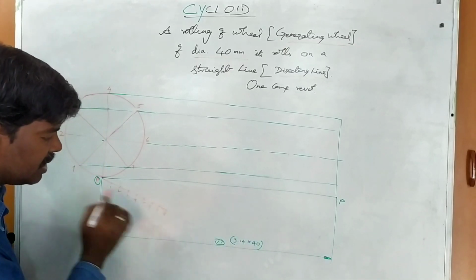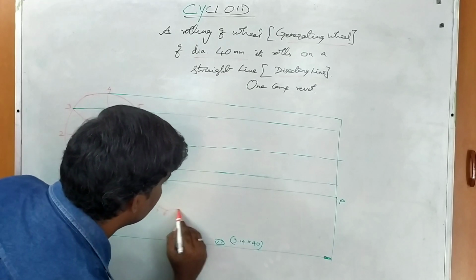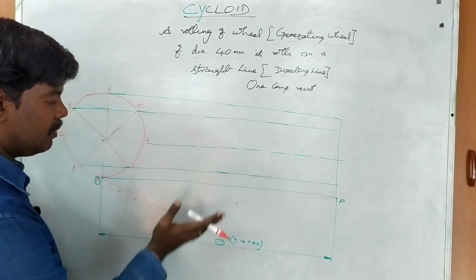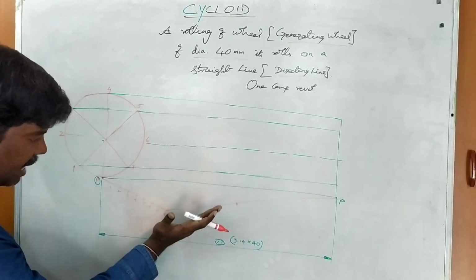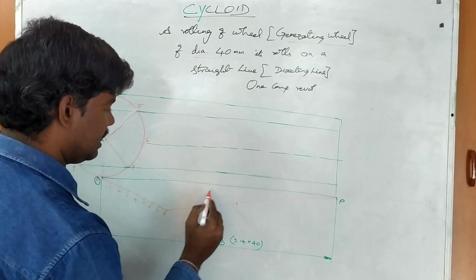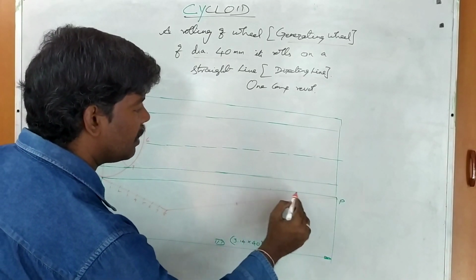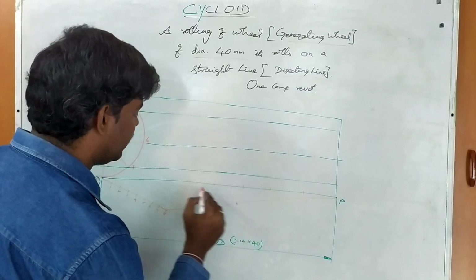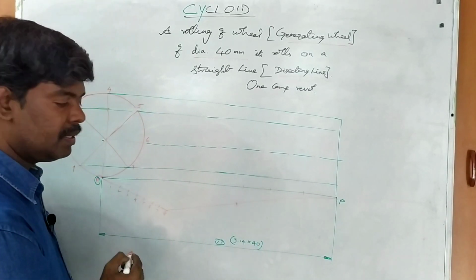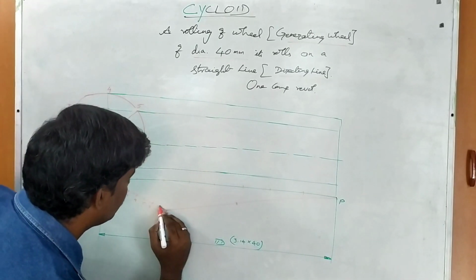Next, after completion of these 8 equal parts, you know that by using the drafter scale, from last to last you join it. After that, from last to first, number 8 to 1, you draw the parallel lines with the help of the drafter. It is very easy. So by using the drafter, finally the point comes to here only. Okay. So you do from last to first.